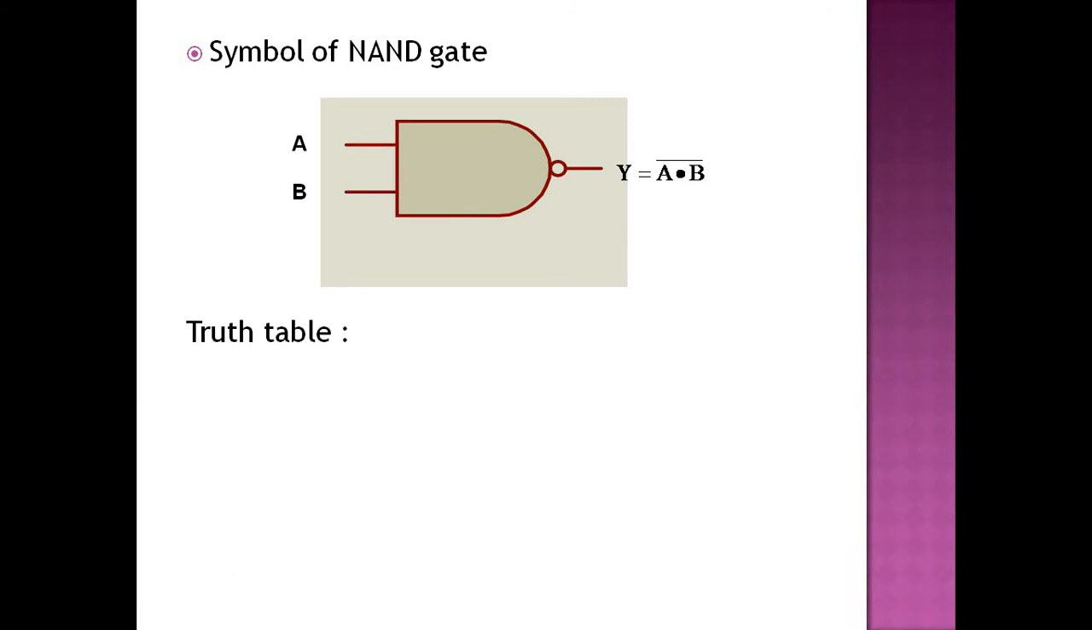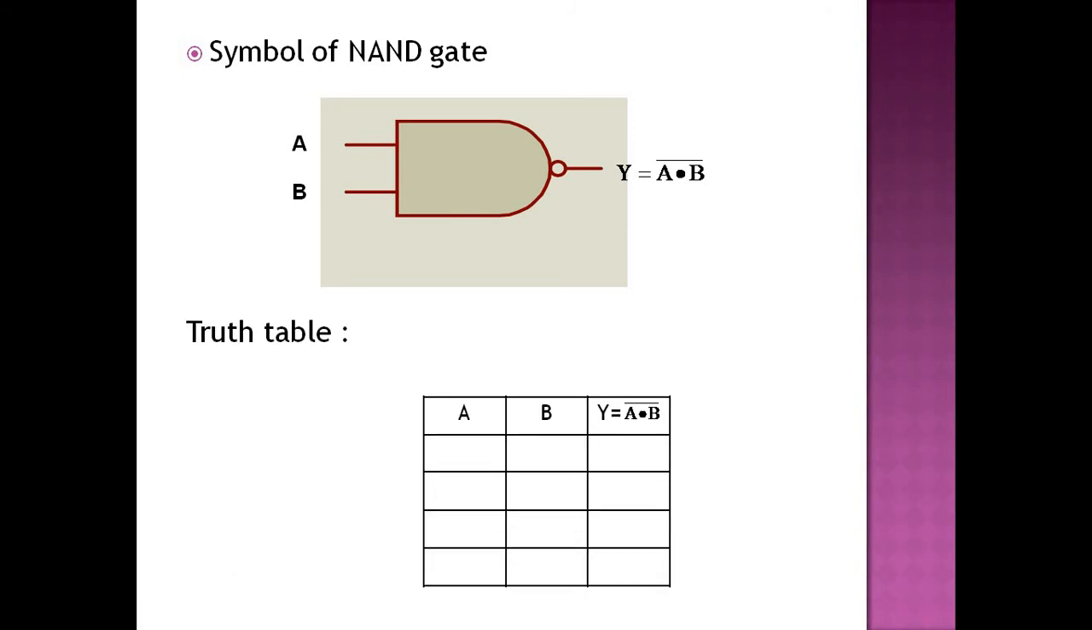Now we focus on the truth table of NAND gate. The truth table of NAND gate shows two inputs A and B, and output Y is equal to (A dot B) complement. When we apply A equal to 0, B equal to 0, the output for A dot B is 0 and its complement is 1. Again we apply the next input A equal to 0, B equal to 1. So 0 into 1 becomes 0, and the complement of this is